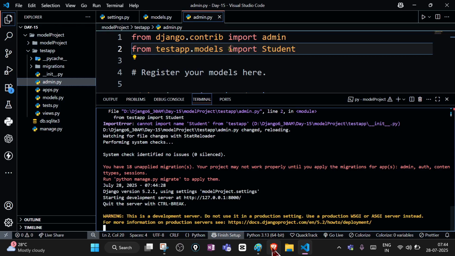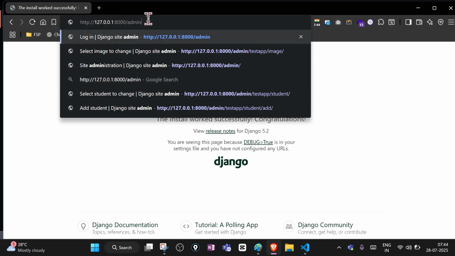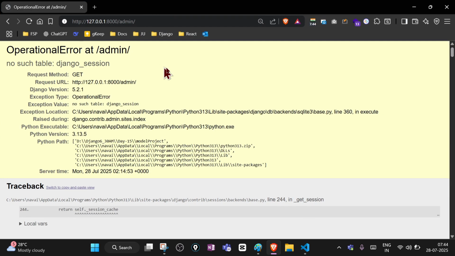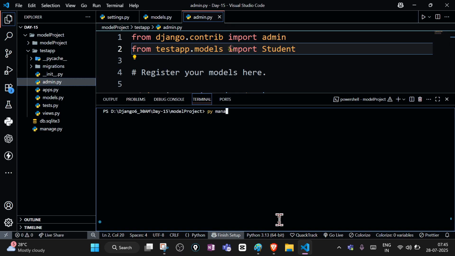Just copy this, go to the browser and run this. We are getting this default page. Let's go to the admin page. It is not showing admin as of now. So what we will do is create the superuser for the admin. So py manage.py